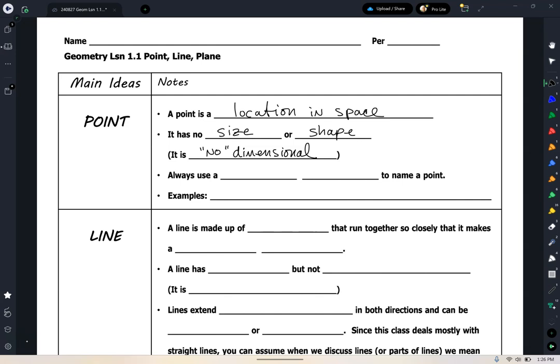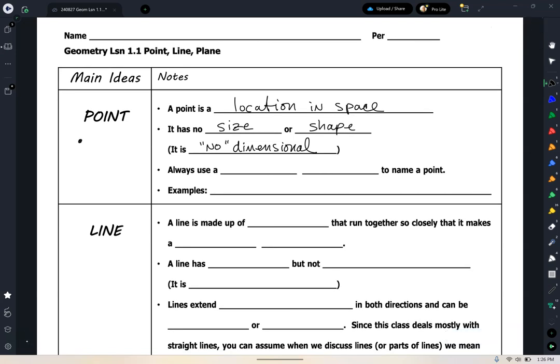However, that seems sort of vague if you think about it. It's kind of hard. Well, how do we talk about something specific if it has no size and shape? And so we've established sort of a common way of talking about these things and indicating them. For example, if I wanted you to know about this particular location in space, I would put a little dot there on my paper, and then I would label that little dot with a capital letter. That capital letter indicates one location in space. So when I put that little dot on my paper here and I write a capital C, I'm talking about this location in space right here at point C.